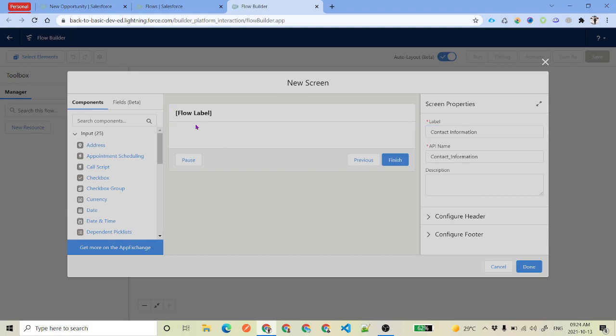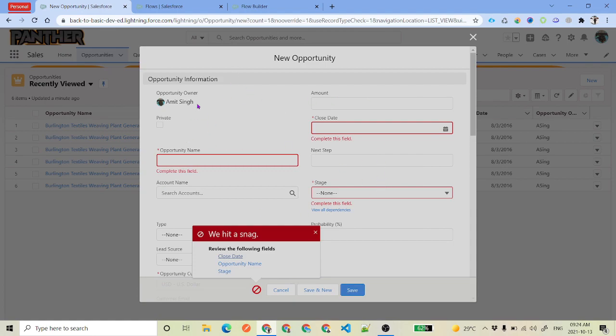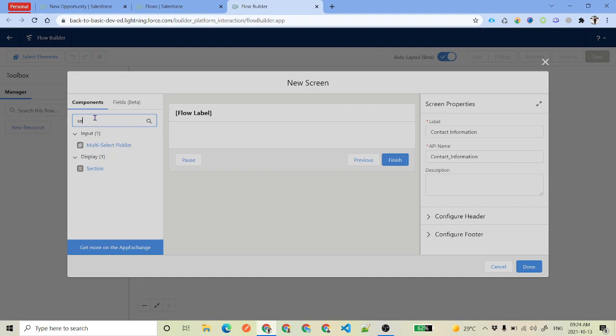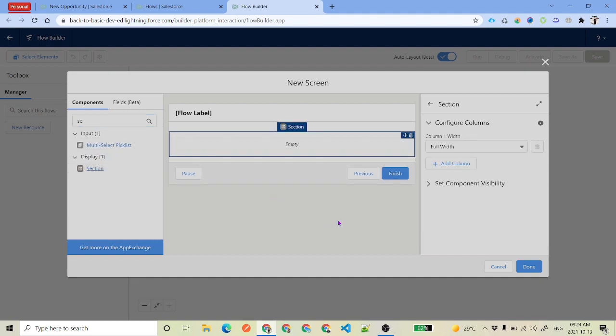For this, under the flow, as we have seen, right, how we can get that information. So we will use text, but before we drag and drop over here, suppose that you want to have two different columns like this, where we are asking for the inputs. To have the columns, we have one element called section. You can just drag and drop it, and then you can add. So you see here there are two sections now.